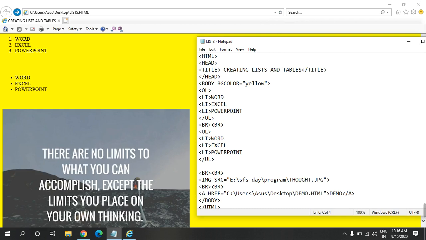And then we have started the UL, that is the unordered list, from here, and you can see the result of the unordered list is this, that is the bullets with the words Excel and PowerPoint. So we have inserted